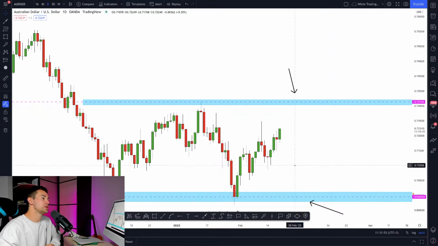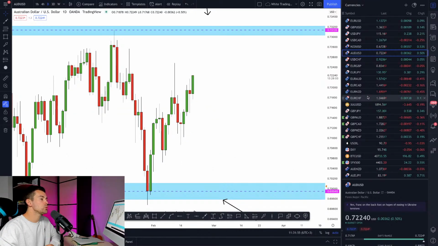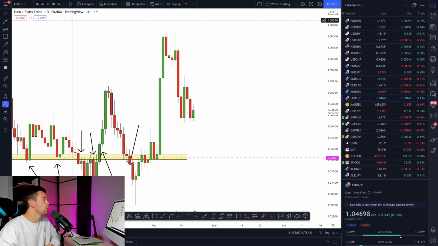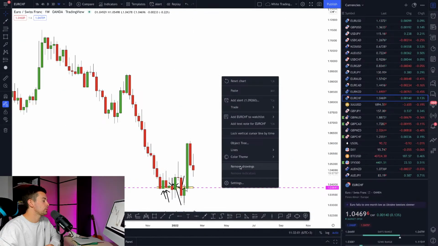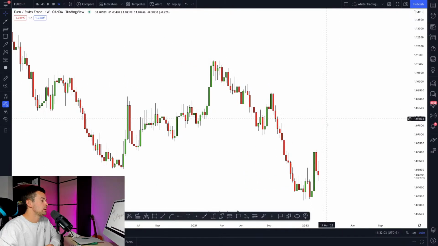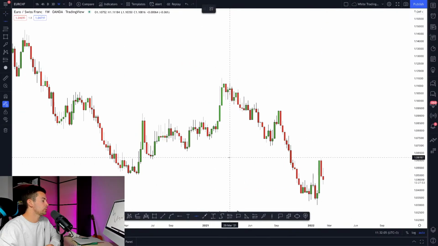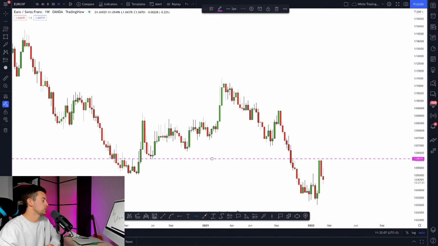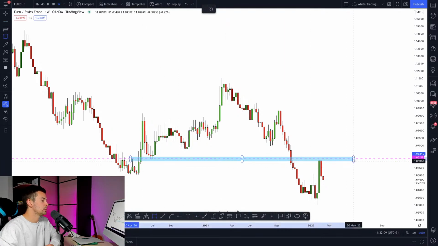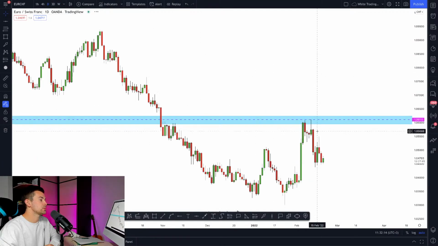Concerning Euro Swiss pair, Euro Swiss respected a key level on the weekly time frame. If we open Euro Swiss, here we can spot that the price perfectly respected that horizontal structure. Here we got a key level, and once that key level was reached, we saw a very strong bearish reaction from that. And what to expect from the pair right now?